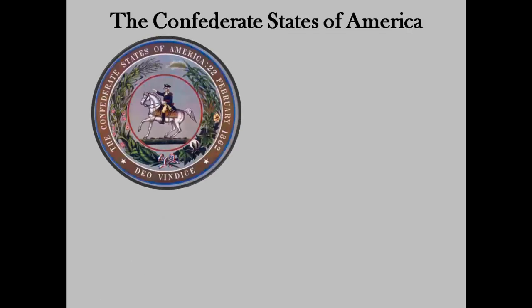Notice the seal of the Confederacy. George Washington on horseback indicates that if Washington was alive in 1861, he would support the Southern cause. Of course, there's no way to prove this, but considering that the creation of an independent United States was Washington's life's work, some might make an argument against this claim. The point, Washington adds legitimacy.